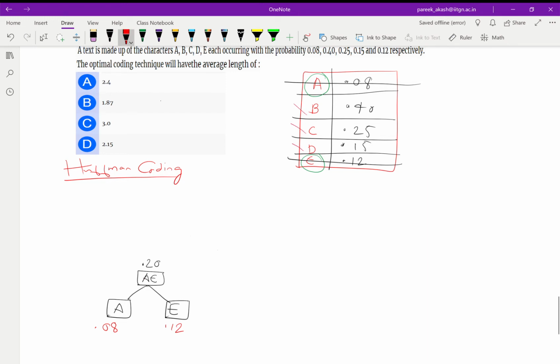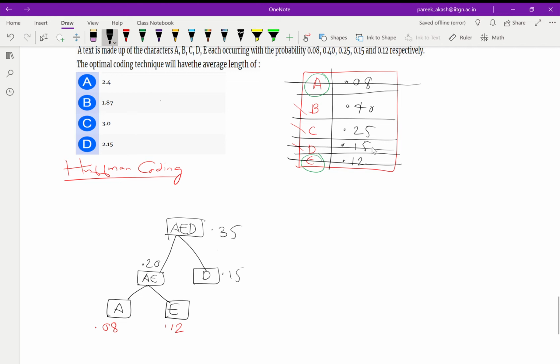Out of these four we will take the two whose probability is least. AE has 0.20, and we will take D which has 0.15, and we will merge these two to get another node. We will name it AED, and sum the two probabilities to get 0.35. Now we have AED, B, and C, and out of these three we will take the two whose probability is least.